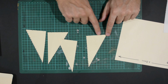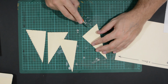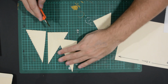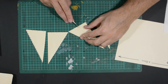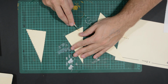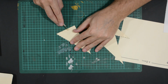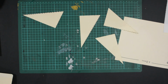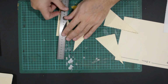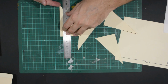Now what I've done is I've put a mark every 2 centimetres starting from the outside corner. And what that's going to do is we're going to create 2 little notches on the first 2 marks on each of our fins, which will be our little flaps to give our rocket a spiralling trajectory. Now our last mark here is actually to help us fold our fin away. So I'm going to lay my ruler down along the length of the fin and lift that up,